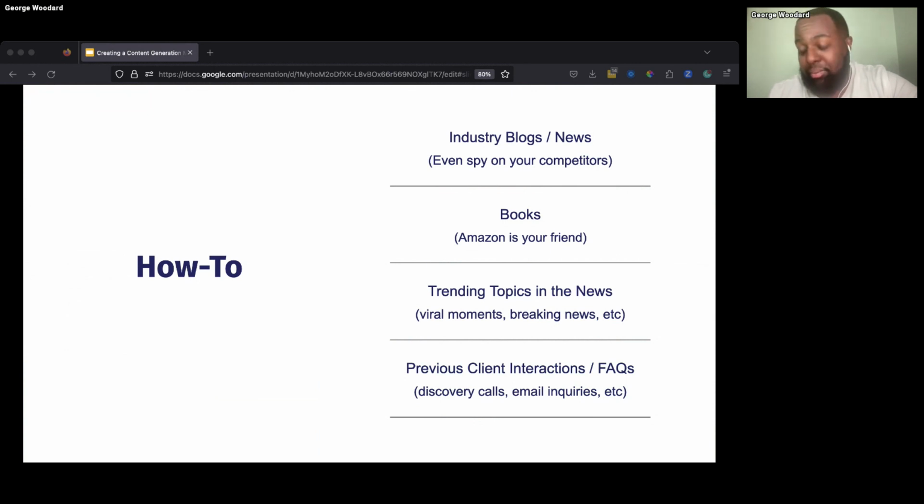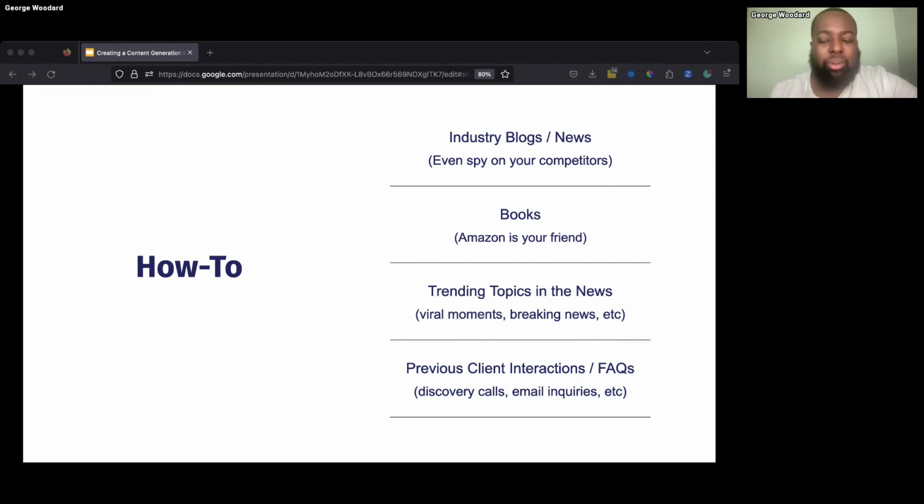Next is books. Amazon is your friend. This, believe it or not, is actually kind of a cheat sheet of doing content research using books. If I had one in reach, I would grab it. But one of the best things that I was taught by a coach is being able to use books to generate content.